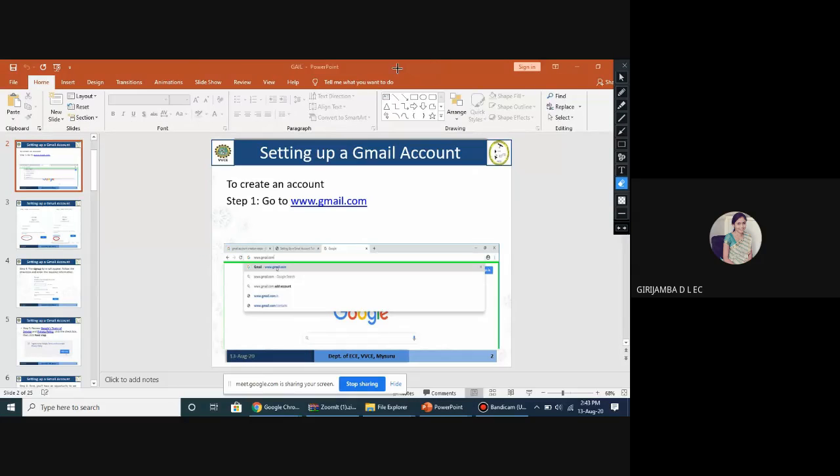This is the drawing tool. Once you click this, the drawing tool is available at the right hand side. You can select any one. This is the pen for writing purpose. You can write using mouse, Gmail, or else if you wish to highlight the sentence, click this highlighter, then highlight this one.